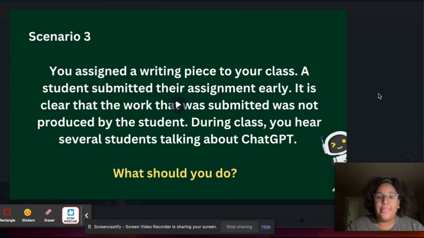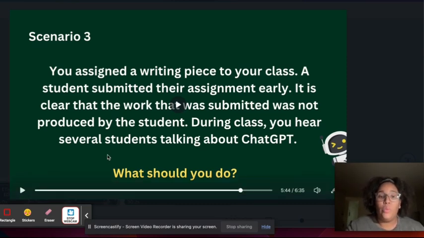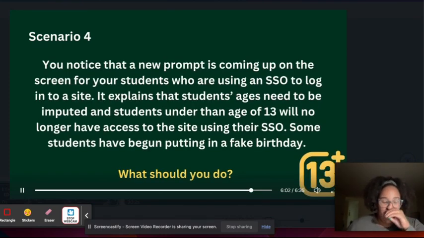Explaining to our students how these different forms of AI are working and what their jobs are and how to use them as tools is what we should be doing. That way students know, okay, I can't just rely on ChatGPT for anything that I'm doing in any of my classes, whether it be a writing piece, whether it be something for math or anything like that. We need to make sure that our students are fully aware of what happens with all of these things, especially when it comes to AI.